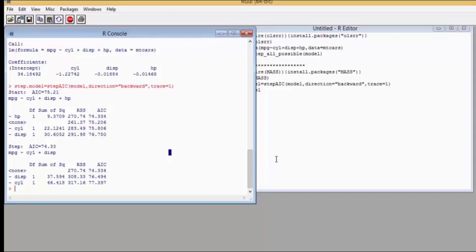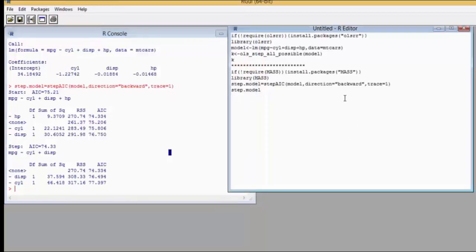Now we use the stepwise regression method, that is, both directions, forward and backward. So we write direction equal to "both" within inverted commas, and we want to trace the path. Now if you run this portion,